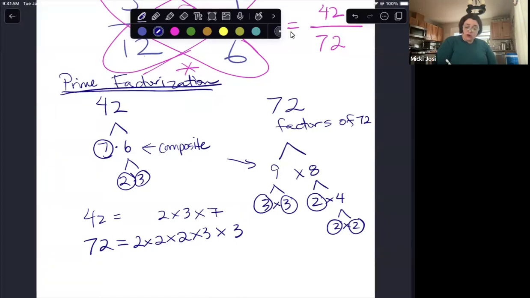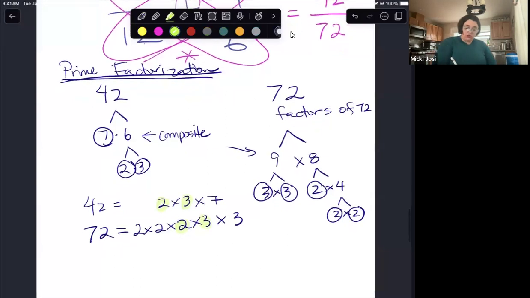And we can look and see what prime factors they have in common. So I'm just going to highlight them. They each have a 2. They each have a 3. And it looks like that's actually it that they have in common. So since these are what they have in common, 2 and 3, we can multiply 2 times 3, and the greatest common factor is going to be